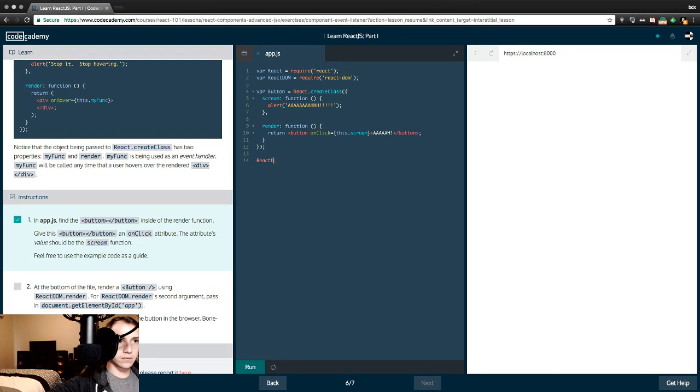ReactDOM.render, or they test us right at the end. Tab, open, close, space, something, button, followed by comma, document, other stuff. Document.getElementById app. Gotta remember that. Run. And,